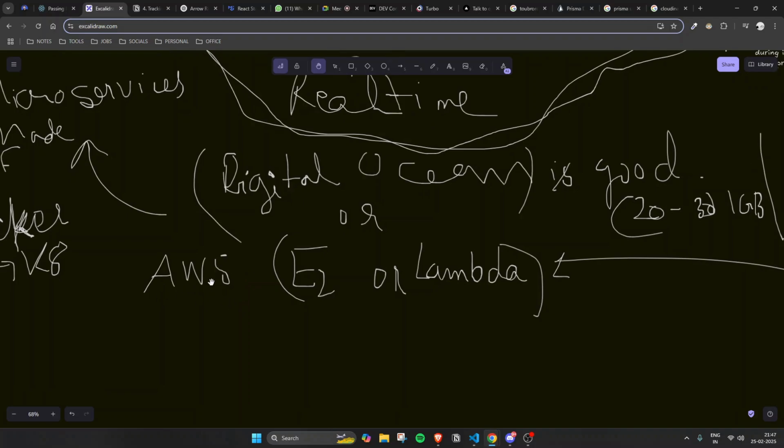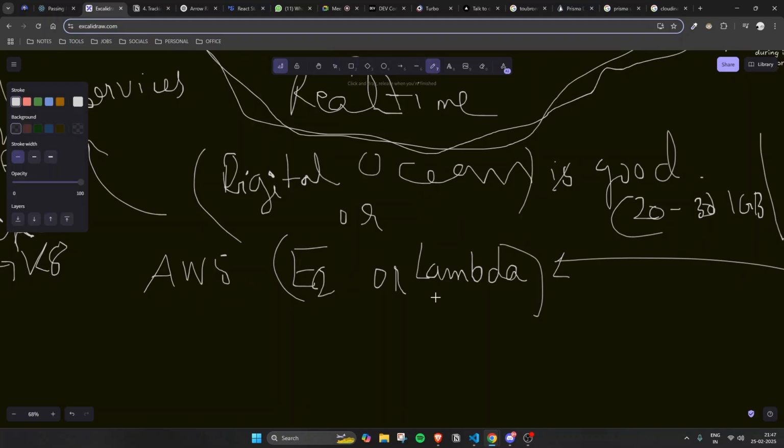And if you use AWS, you can go with EC2 machines. It's up to you. EC2 machines, or even for